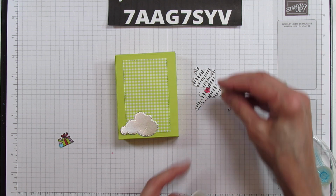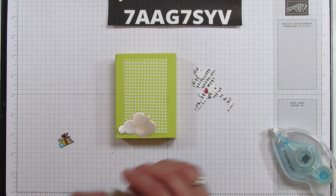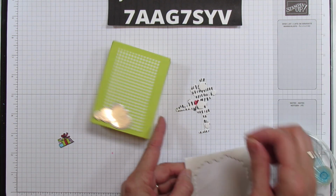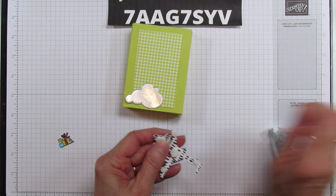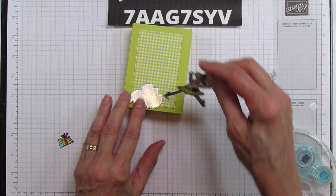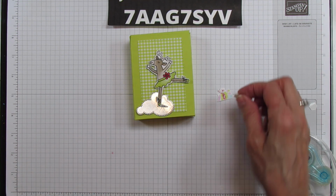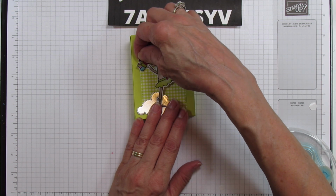So I'm going to use dimensionals for this. And I'm going to grab a couple minis as well for the feet and the hands here, this little hand here. All right, well, we'll remove those backings and put her on her little ice so she can skate away. She's going to go just like that. And I'm going to use another dimensional on the back of that. And she's going to hold those packages